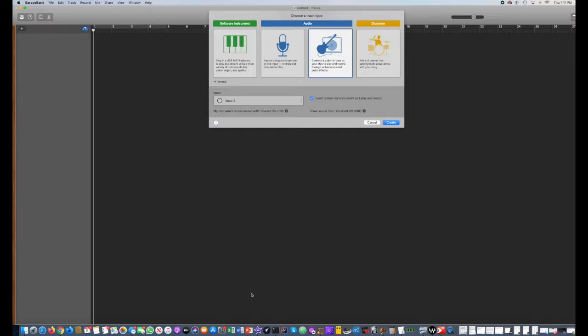So we're in the application now, and it's asking us to choose a track type. So it will prompt you through this process a little bit as you're creating your tracks. It's asking us, is this a software instrument? What is a software instrument? A software instrument can be a MIDI keyboard, it says that right down here, plugged in with a USB cable,